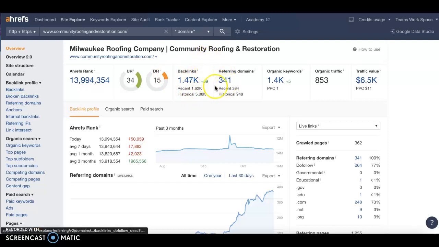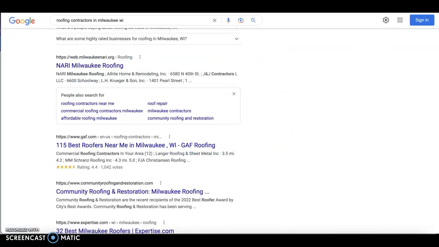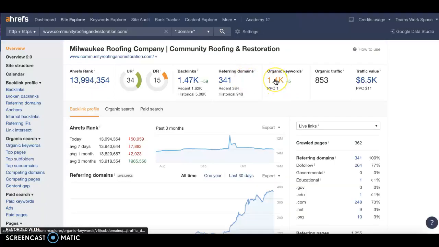So we just have to take a look and see what you will need to do, what backlinks you will need to get, so that you can start also showing up here on page 1. Okay, so they do have organic keywords. You know, they're getting a lot of traffic, 800 more, and then traffic value.